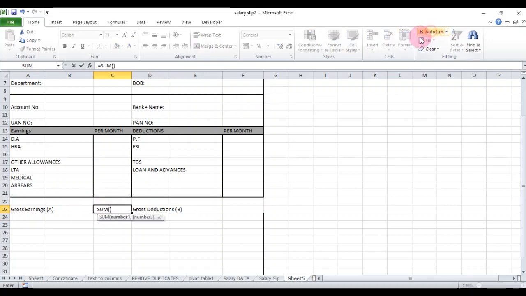Here you put a sum function, a sum formula for these cells. Same here, sum these cells. You can see here it is 0. You can bold all the entries.